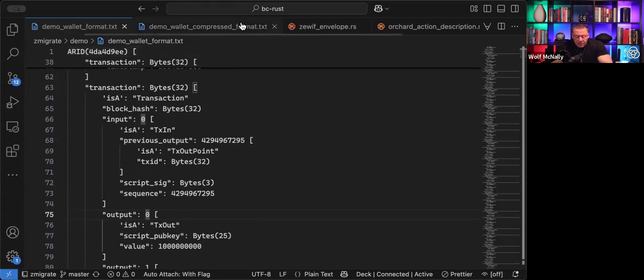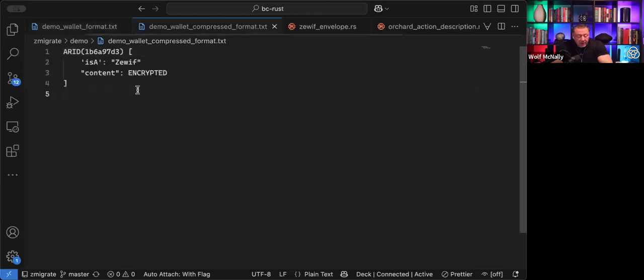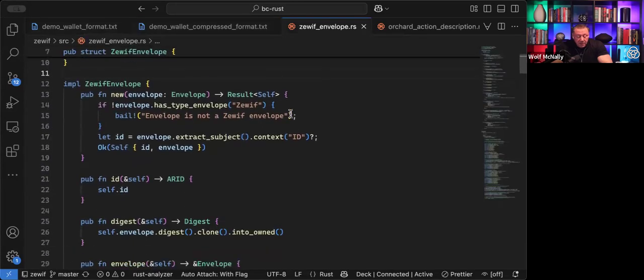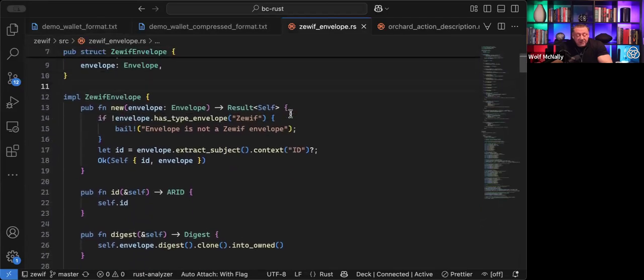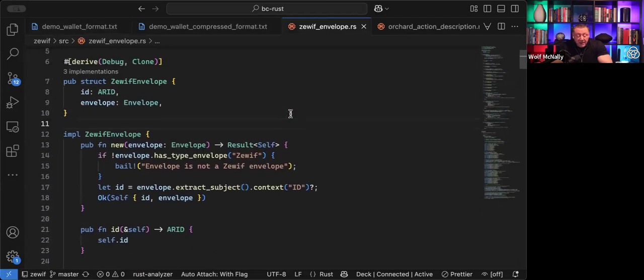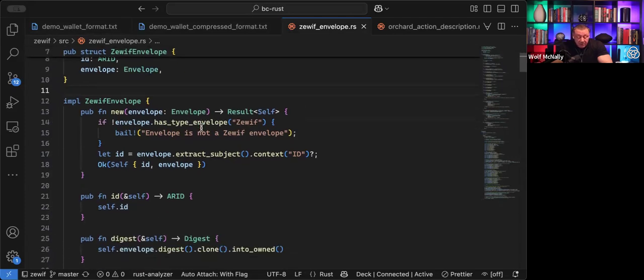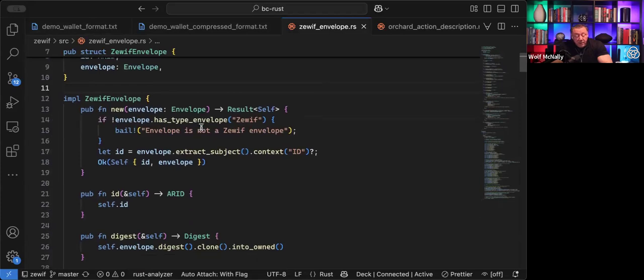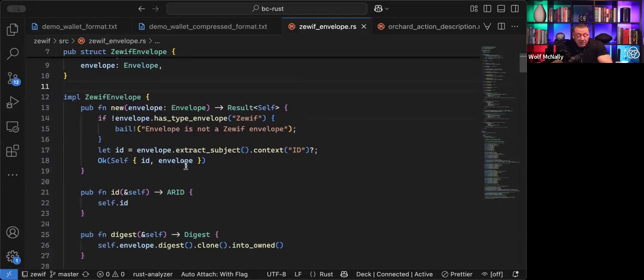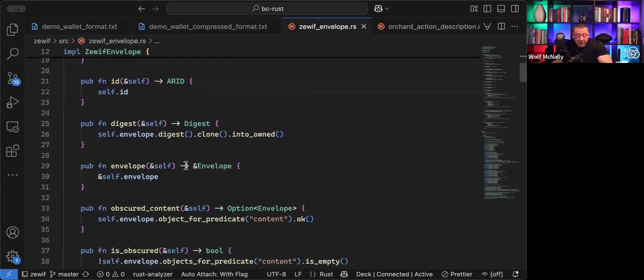Let me quickly show you this other part I was going to show you. If you compress something using this armature, then you get the actual... so once you actually have this in the ZeWIF envelope, say you just read in a raw envelope, then you hand it off to ZeWIF envelope, and you'll see this in the command line tool and the ZMigrate tool. I'm using this armature now. The first thing it does is check the type. Once it has that, then you can query it for the